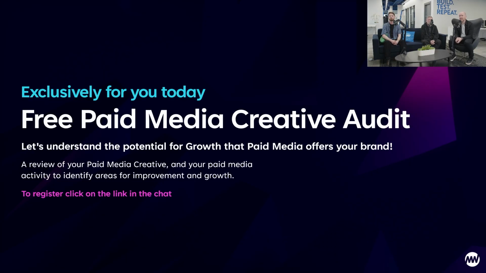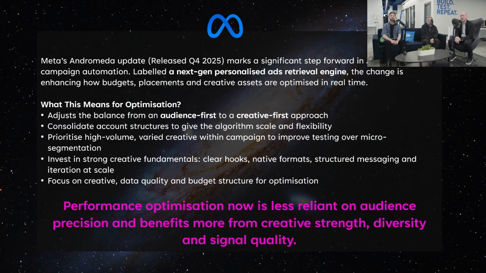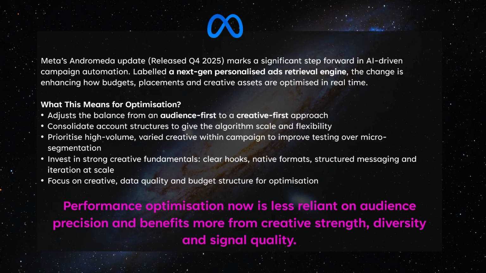So I guess in the last sort of 10 minutes, what I want us to talk about is how you stay ahead in the age of AI. We all talk about AI. It's come up on every single masterclass we've done for the last 18 months. But I think there's so much going on in this space that in the last few slides, we really want to distill that down and hone in on a couple of points. So Meta's Andromeda, tell me all about it. When we talked before about testing frameworks and having massive creative variance, that's not just our opinion on the matter. This has been a recent update by Meta.